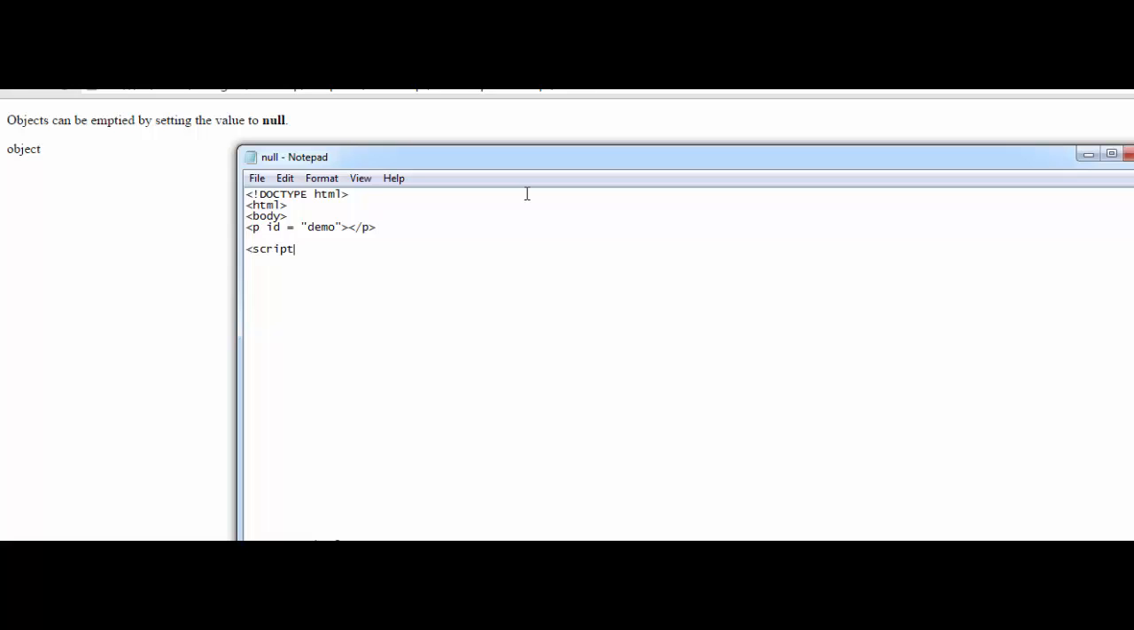Open up the script tag. Within the script, say document dot getElementById demo dot innerHTML is equal to, let me open another line, typeof undefined plus add a break plus new line, typeof null plus add another break plus